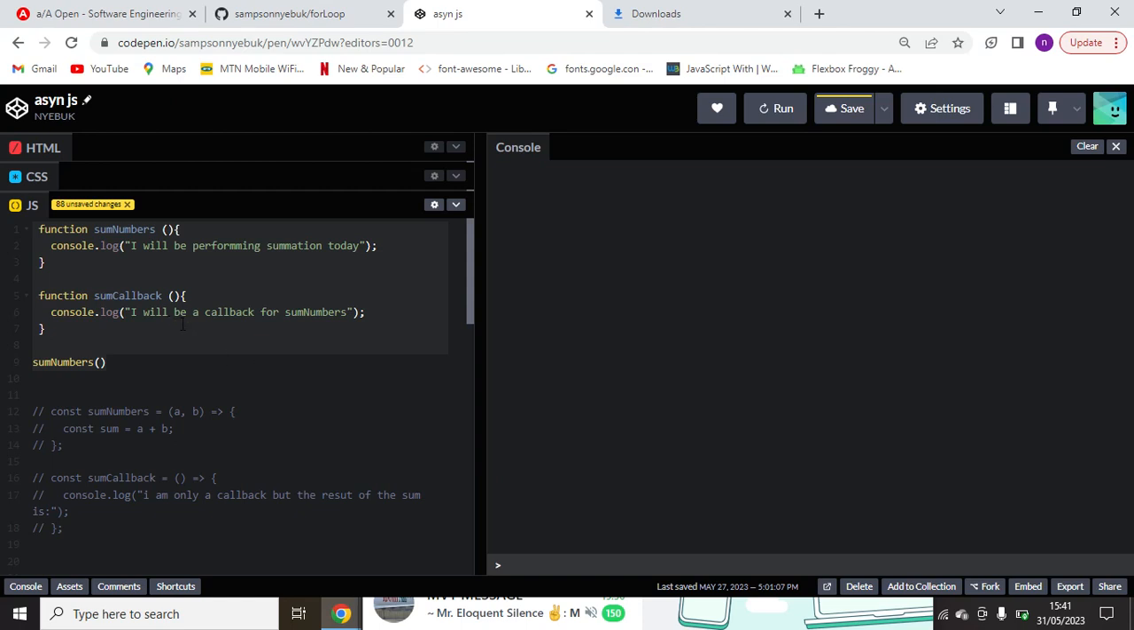Welcome. We will be talking about callback functions. A callback function is a function that we pass into another function as an argument. For us to be effective in writing a callback function, we need to understand how the parent function uses the